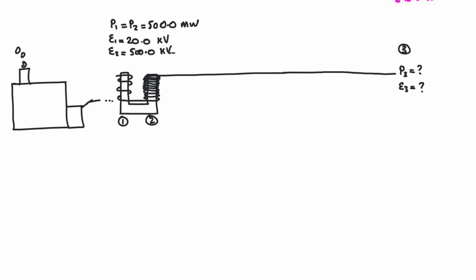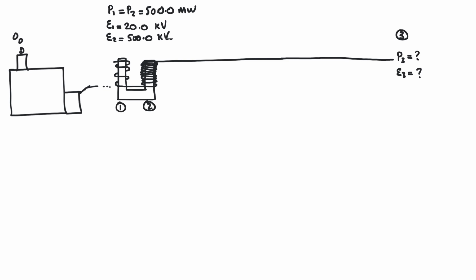Alright, in the second example, we have a similar situation. We have a power plant in which fuel is burning. That energy is thermal energy that's being converted to mechanical energy of the turbine. The mechanical energy is being converted to electricity by a generator that's located here. And basically that mechanical energy is inducing an EMF in the coil over here. We have 500 megawatts of power, 20 kilovolts of